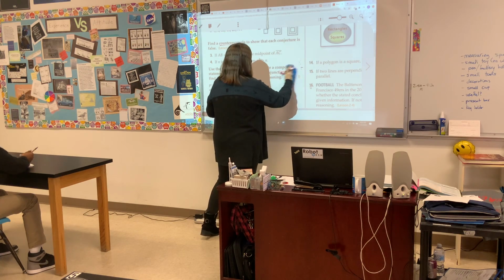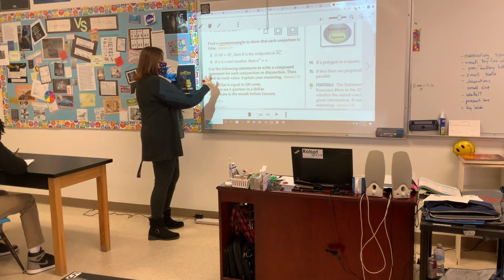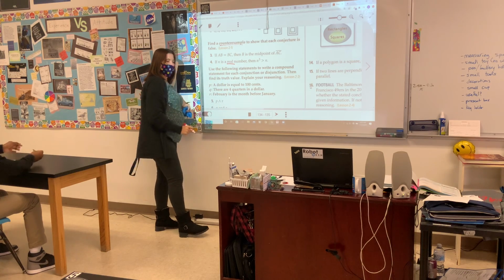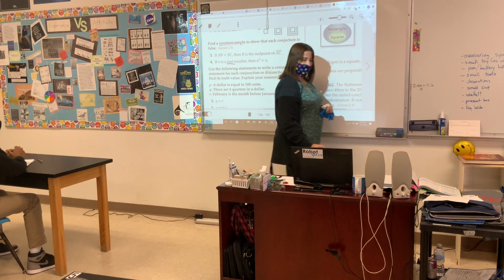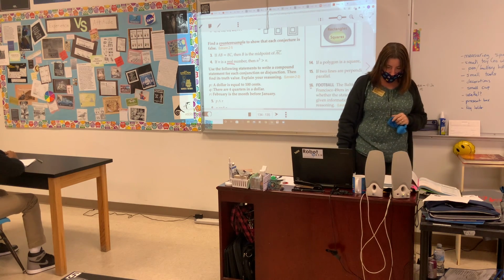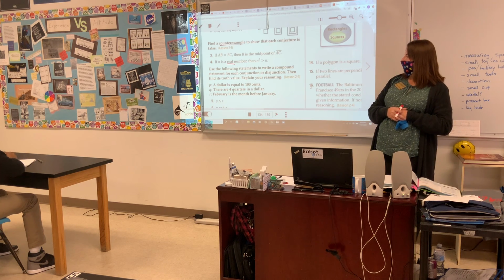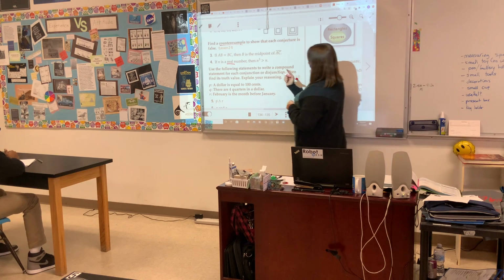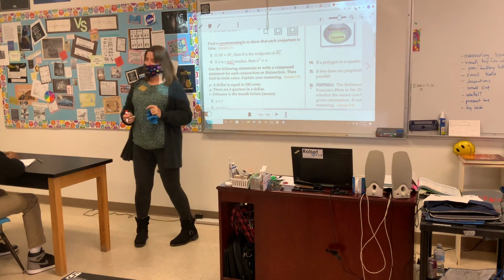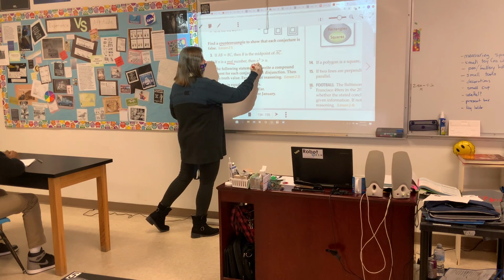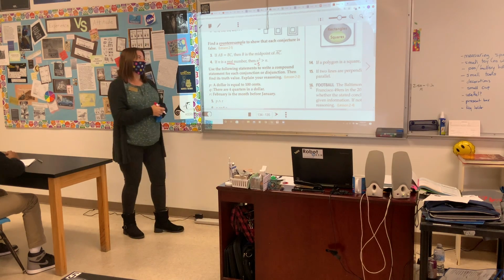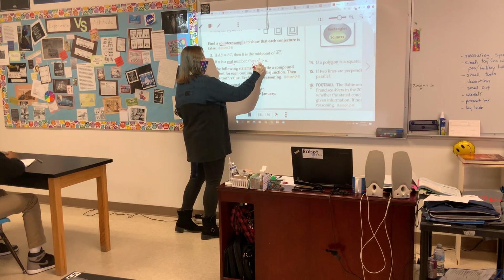Okay, how about number 4? If n is a real number, then n cubed is greater than n. Because it could be a negative number. Okay, n could be a negative number. So he says, if I have a negative, give me an example of a negative number you want to use. Negative 5. So if n were negative 5, n cubed would be negative 125.